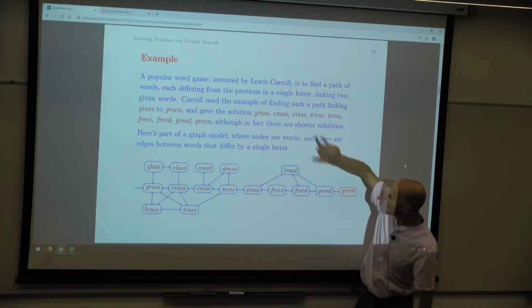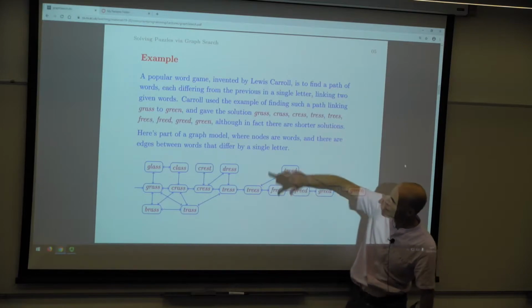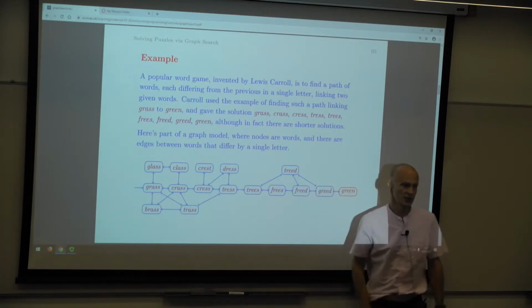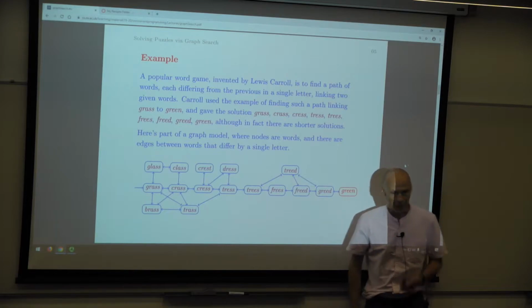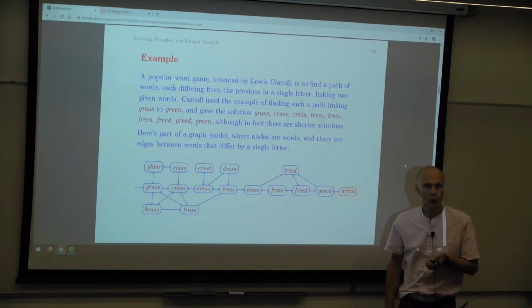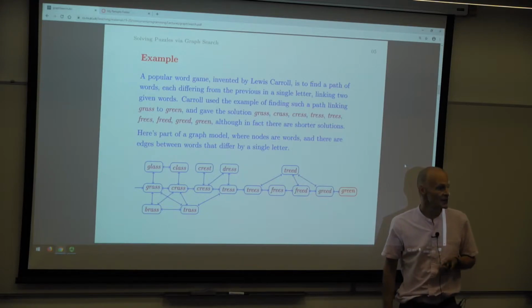Grass, crass, cress, tress, trees, freeze, freed, greed, green. Each word differs from the previous in one letter. Turns out there are actually shorter solutions than that one. Well, we can build a corresponding graph model where, again, the solution to this puzzle is the shortest path in